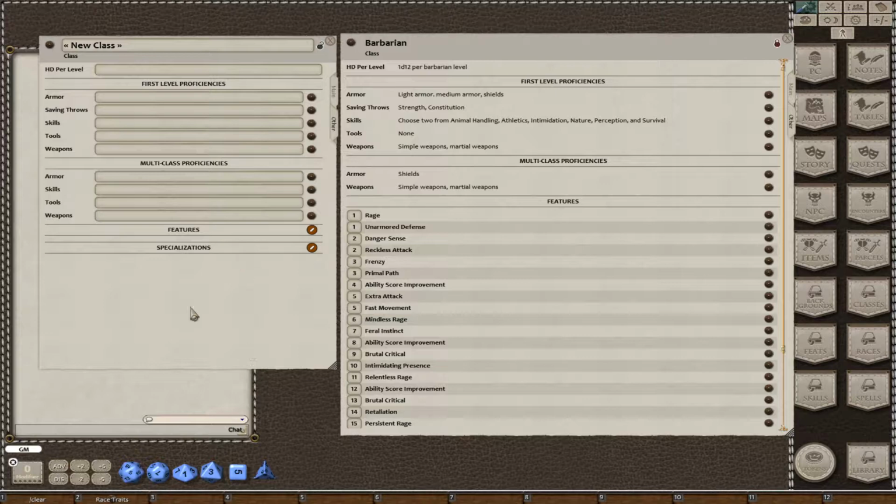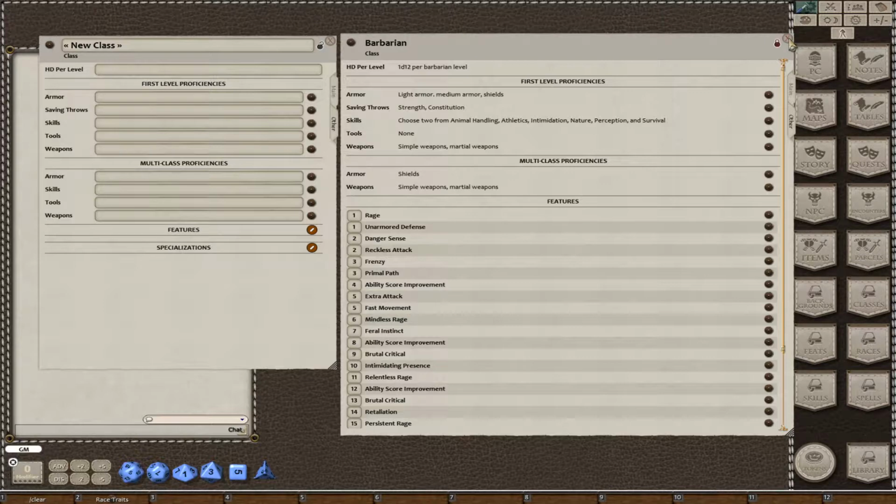So they've already got a level in something else, and they take this class, then it will give these proficiencies. For most classes, this tends to be a more restricted or more limited set of proficiencies that are granted. Things like the bard, you may have proficiency in 3 instruments for first level proficiencies, but if you take it as a multi-class, you may only get 1 instrument or something like that. So those are the proficiencies, and for most of these, you'll just type in the information that is relevant here, or copy and paste